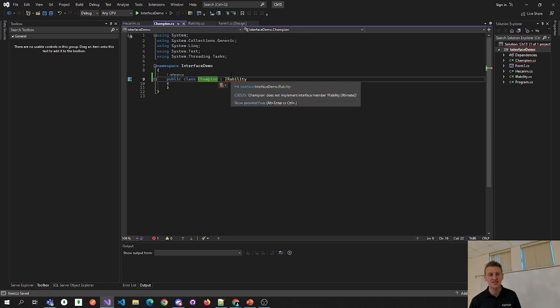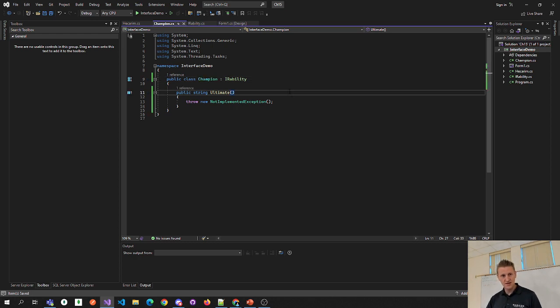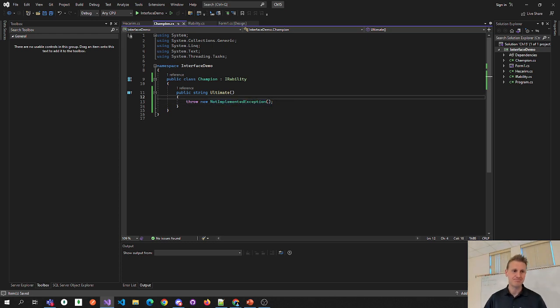Now right away when you do this, you're going to get a red squiggly, and it's going to say champion does not implement the interface member, the ultimate method. And so I'm going to show potential fixes, and it actually very intelligently, if you will, is going to put in a method signature that matches the interface, right? So it's a public string ultimate. Again, that method header matches my IR ability. And this kind of throw new not implemented exception,